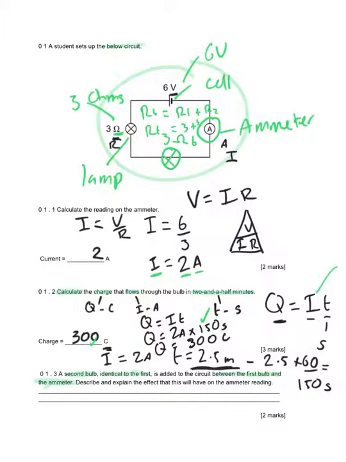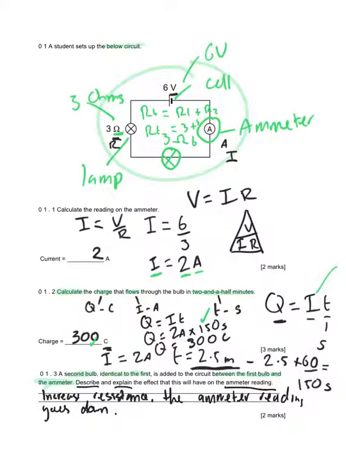So in my answer, it says to describe and explain the effect that this will have on the ammeter reading. Well, I know that if I increase resistance, the ammeter reading, and this is the important bit, the ammeter reading goes down. It asks me to explain what happens in the ammeter reading, so it might not be enough just to say, well, current is reduced. I would have to be really smart about it and say the ammeter reading goes down